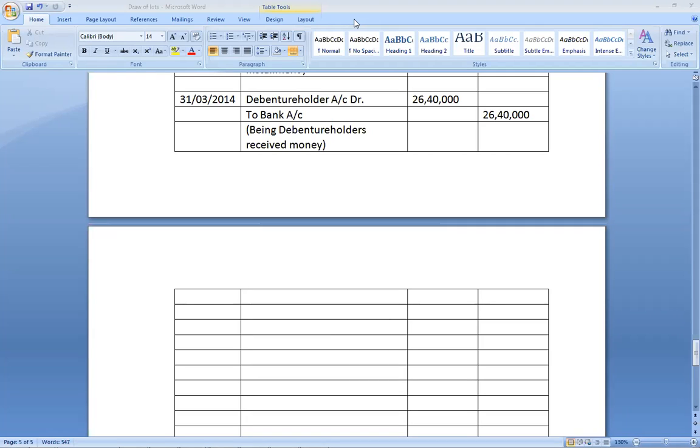But in this question they have only given the data that we are going to make DRR at the end of the issue, at the end of first year. They have already given the data that DRR is to be created at the end of first year. That means this is an out of profits question. In out of capital, they will mention that we are going to issue equity shares, preference shares, and this money we will use for redeeming the debenture. So if we read the question properly, we will come to know whether it is out of capital or out of profit. Is it clear?